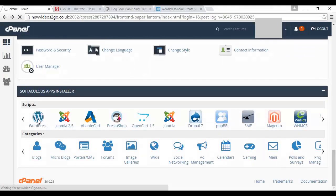Sometimes you'll find WordPress listed here under software. Other times, other installations, some come with an extra pack called Softaculous, which is what this one does. Others come with Fantastico, and it's a whole lot of different apps that you can install from within cPanel. So find where the WordPress installation script is, click on it,